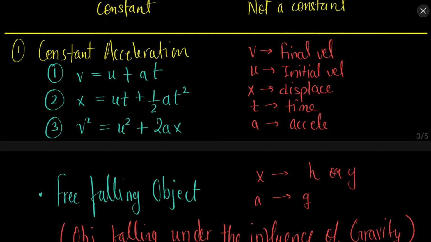So we'll start with the first equation. Let's start with the derivation. The first thing you need to start with is the formula for acceleration. We know that acceleration is the rate of change of velocity, so it can be dv by dt. Again, keep in mind dv by dt means differentiation of velocity with respect to time, or small change in velocity with small change in time. Now from here we can write dv equal to a dt.